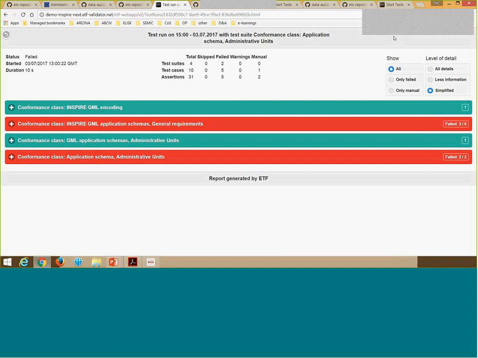So, Carl, regarding your question, in that specific case that we've just seen, the list of possible values is fixed. So the test only checks that the value must be one of the values in the Inspire codelist register.